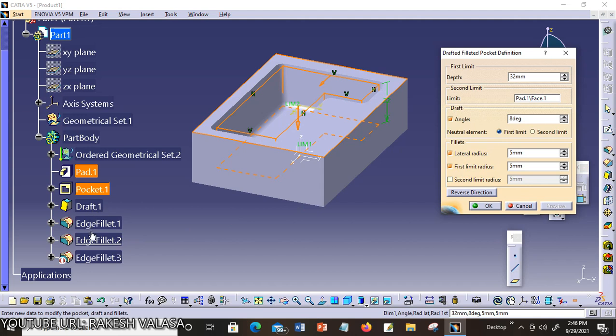In the specification tree, it is displayed as a deactivated feature with a red parenthesis. You can see here, when you deactivate that feature, it shows with a red parenthesis in the specification tree.